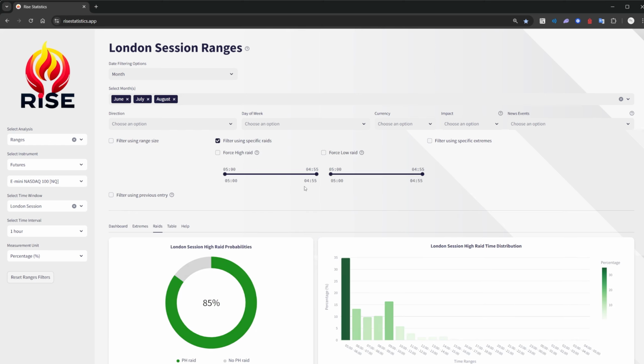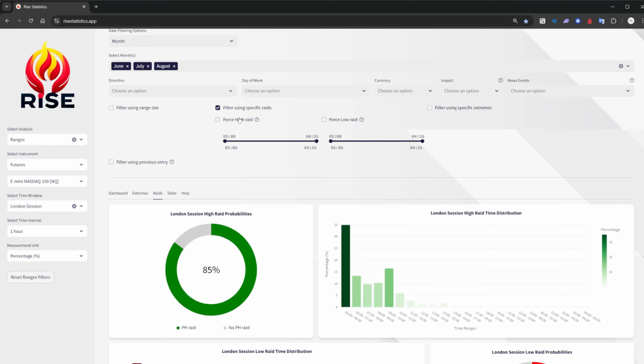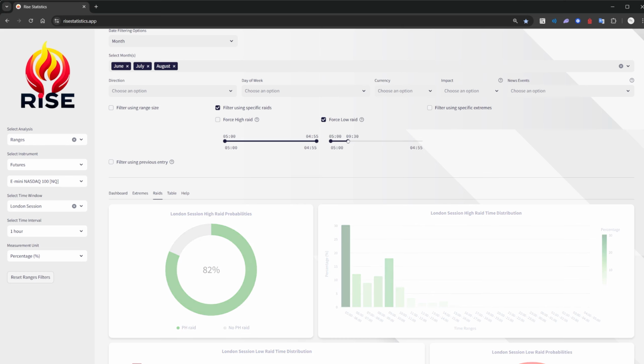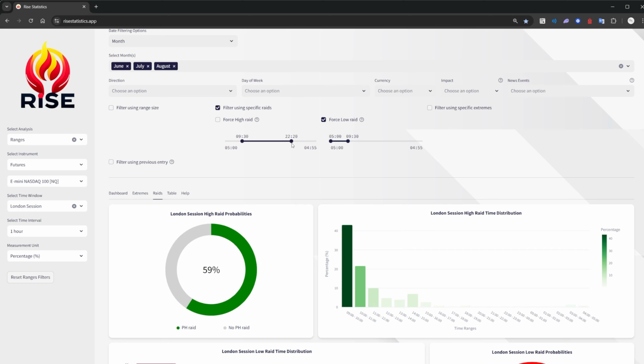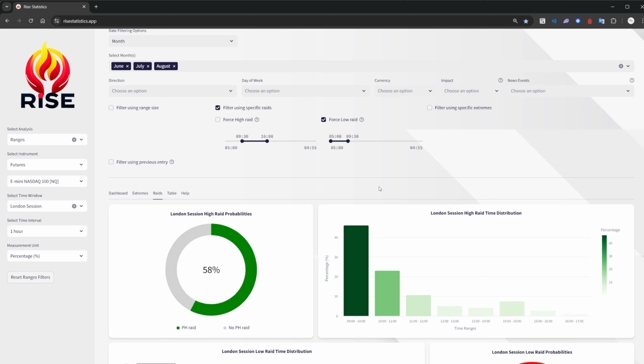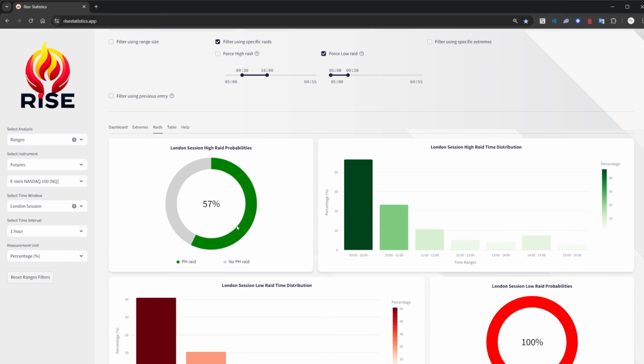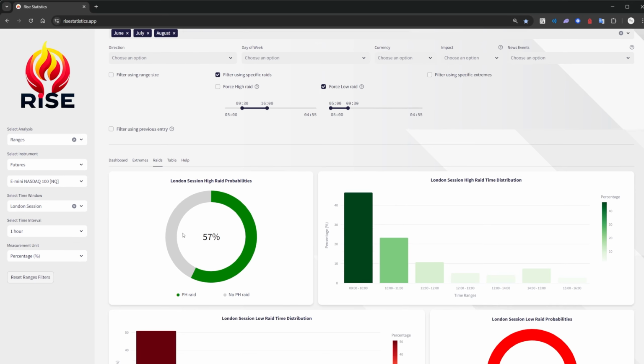Now, of course, I do have to bring our filtering back, but let's look at it. Let's look at if the low gets raided. I'm actually curious to see this right now. So this is what we call messing around with data and having fun and actually studying to look for profitable trading frameworks. I'm just curious into how it affects it just during these months. As we can see, just June, July, and August, a little bit higher of a statistical probability.